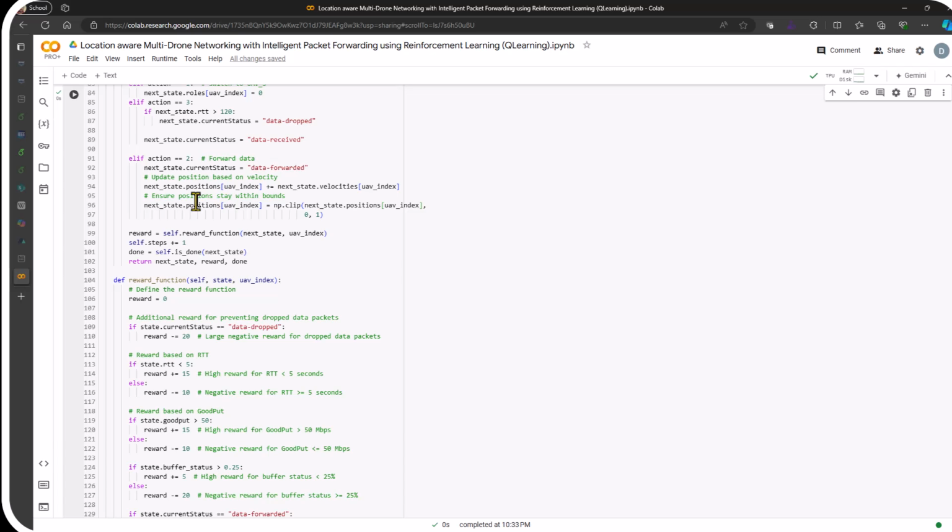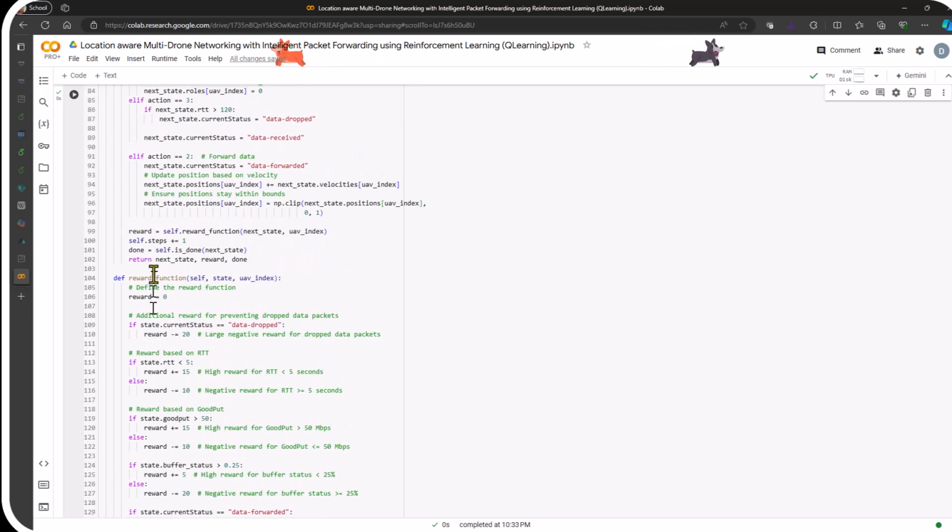If it is forwarding the data, we have 2 options. Either we could forward to the ground station or we could forward to another ferry. And so here we're just basically saying, yay, we forwarded the data. And then we're checking the velocity and position and basically setting up the rewards based off of that. But here we could have written a little bit more code to determine if it was forwarded to a ground station or forwarded to a ferry, and add different rewards from that.